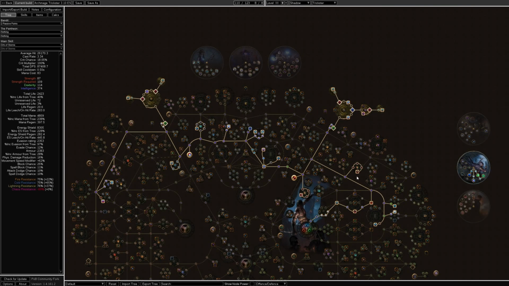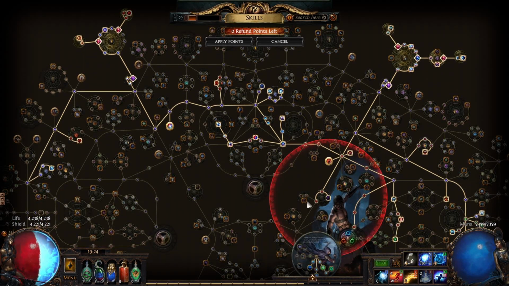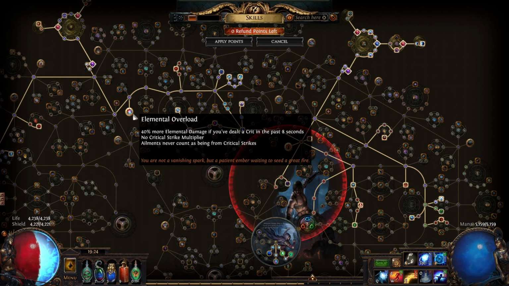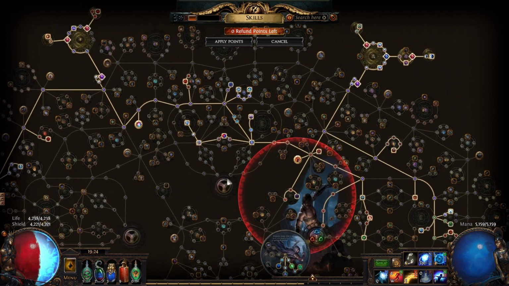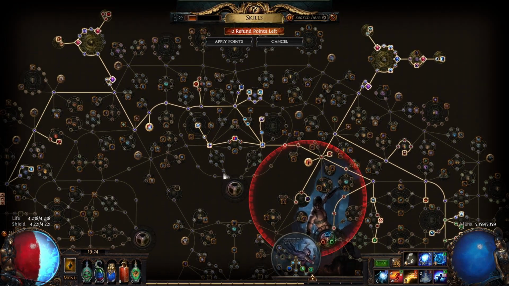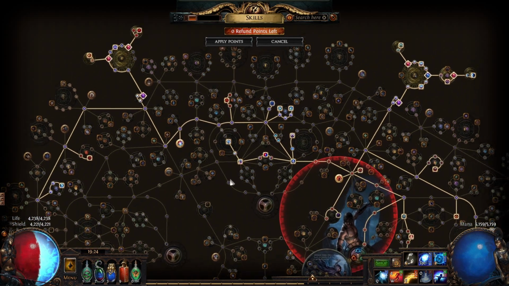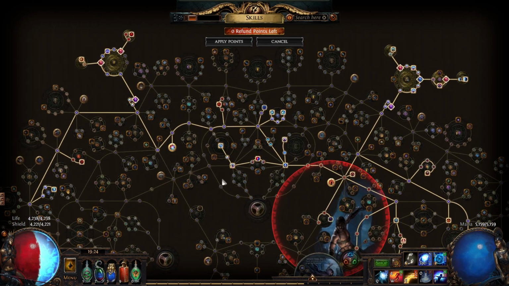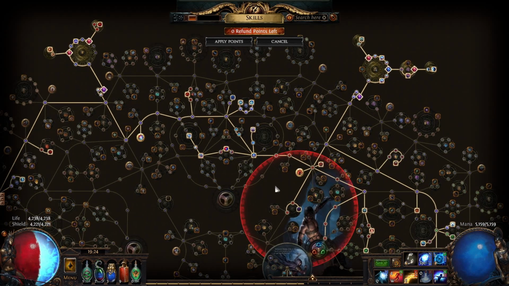So there's a lot that you can do. I personally chose to end it here with Elemental Overload and a nice glorious Vanity Jewel, just in case I want to come back to this character, and like 5,000 mana. You could easily push this up as much as you want by sacrificing survivability or anything else elsewhere. But I'm very happy with how this turned out, and I hope you guys had a